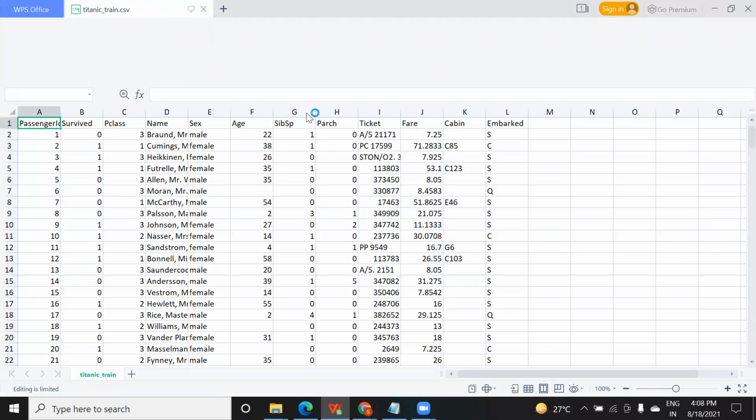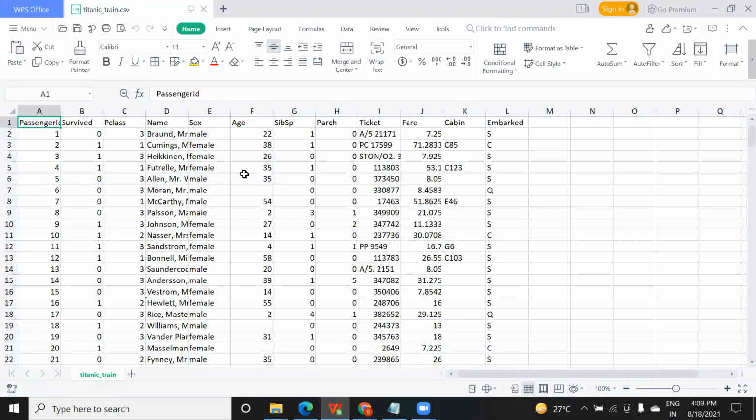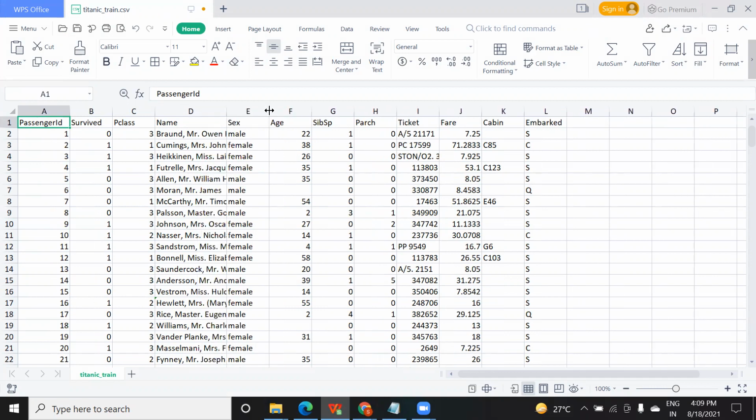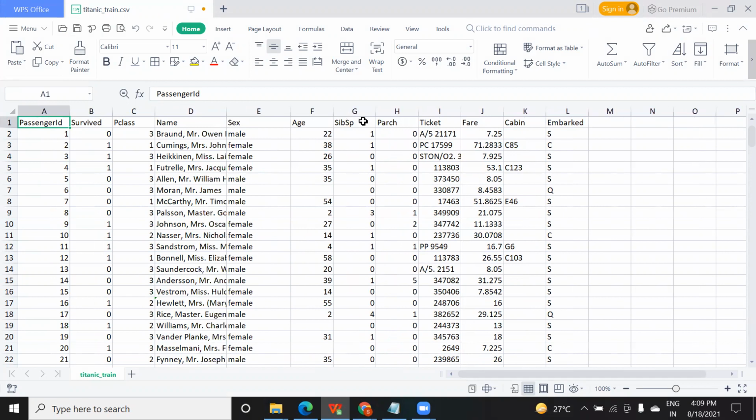So this is the data set, the Titanic data set. How can you find it out? You can find out the data, like what the passenger ID was. Survived is your target column, where 0 is for death and 1 is for alive. Pclass means passenger class, in which class he was traveling, then the name of the candidate, his gender, his age, and some other features: fare, cabin, embarked. These are the other data set features.